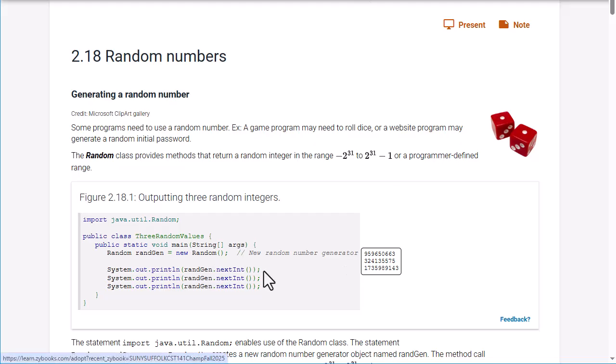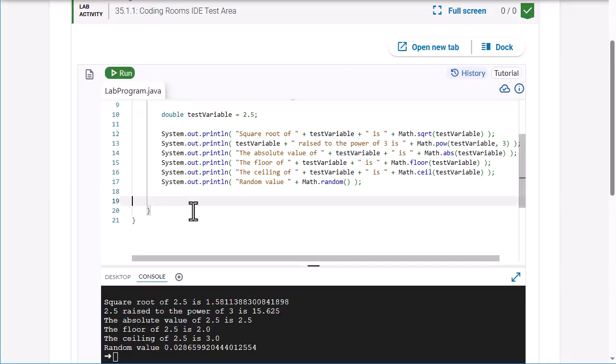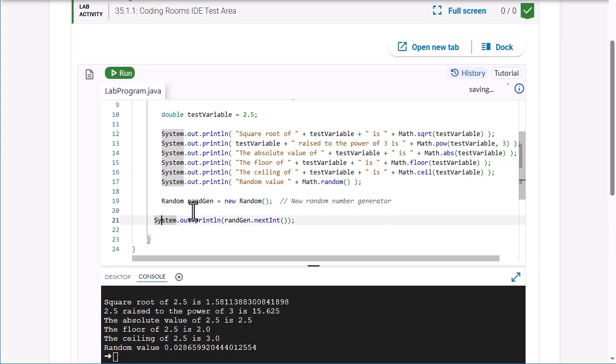So let's copy some code. Copy this code out. This way I don't have to type it, and we'll put it into the bottom after our prints for the math, and we'll make it look nice and clean and you can read. There it is. So when I run this,